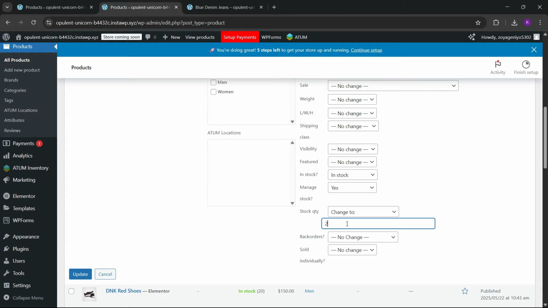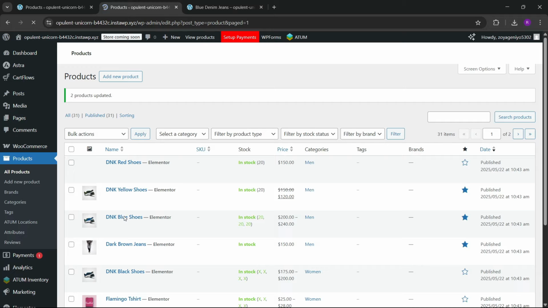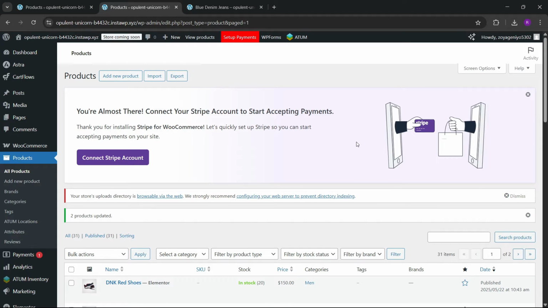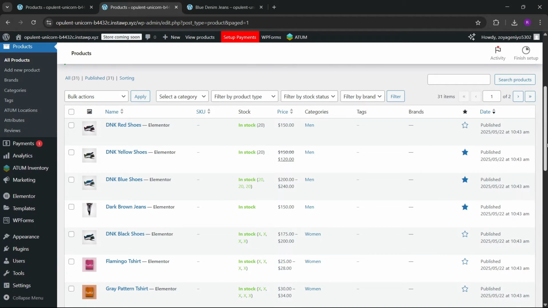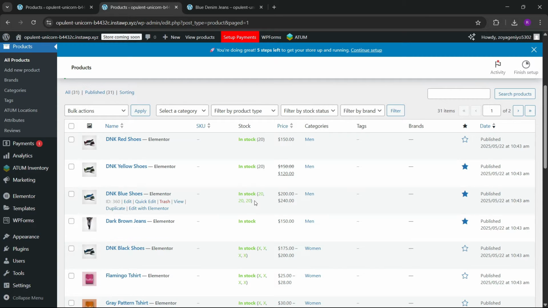Here you can enter the stock quantity as 20. Sometimes it doesn't work, so let's update, and after updating let's see whether the stock is updated or not. If I go here, after doing the bulk edit you can see that we have updated the stock. So this is one more method, but